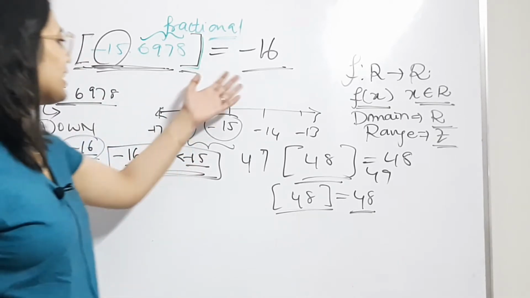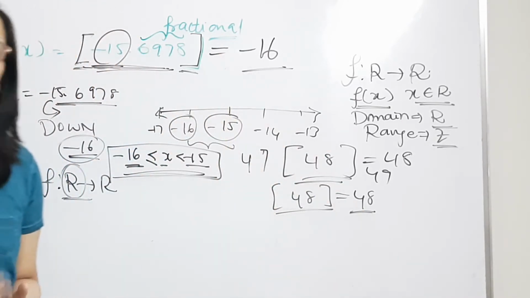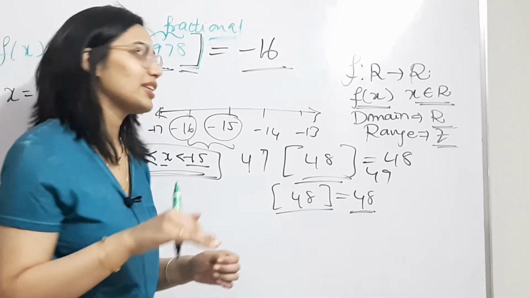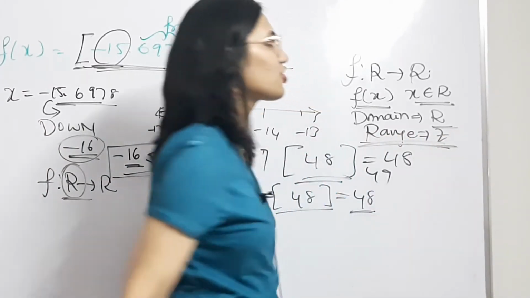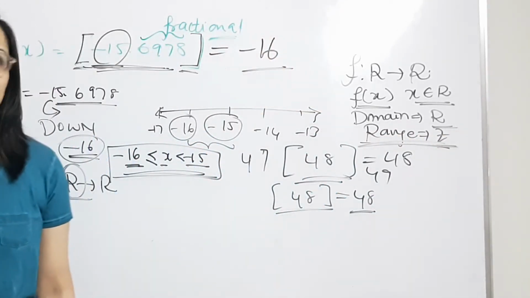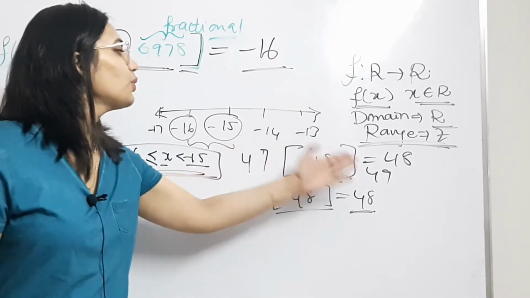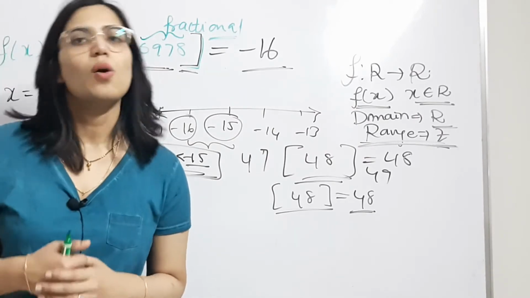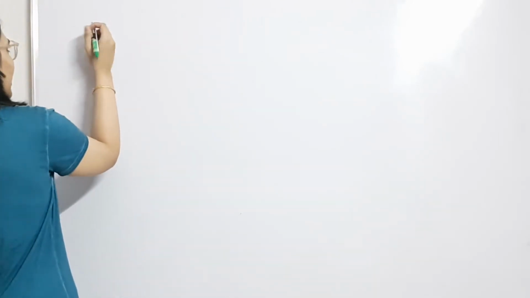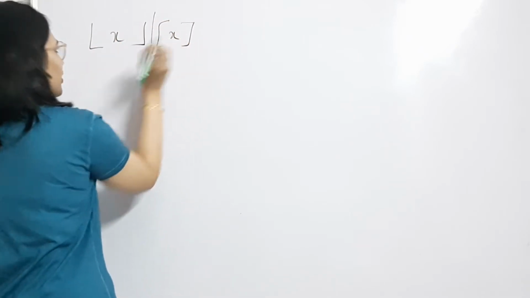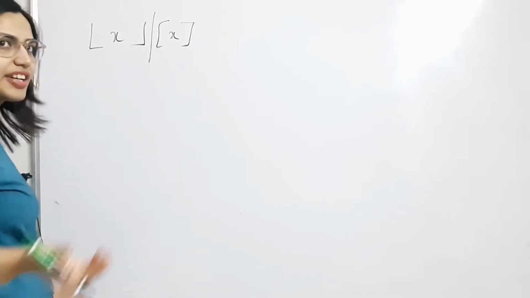So that means anywhere in these examples, did you see that we are getting the fractional part along with the integer result? No, we are only getting the integer value. That is the reason why we can define the range of the greatest integer function as Z. So this is how you determine the greatest integer value. So in short, how do you pictorially represent this step function? This is the floor function, step function, both are greatest integer functions.